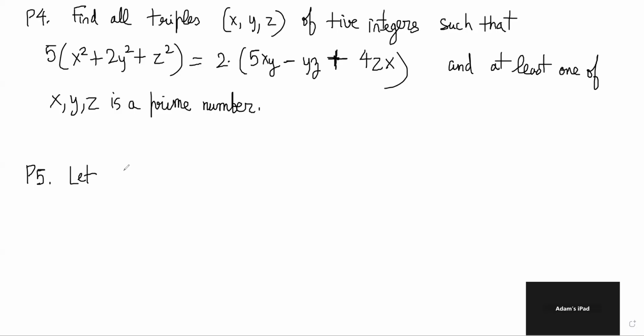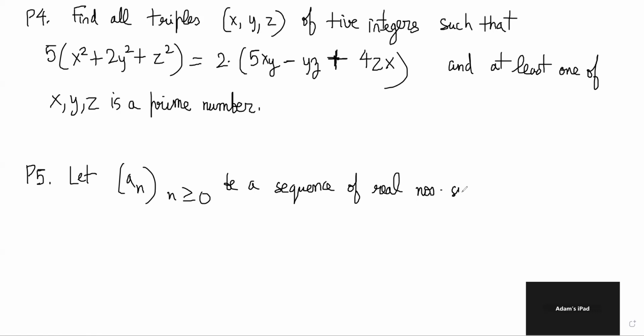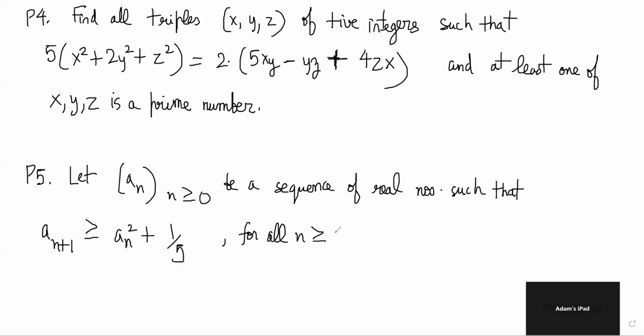Let a_n, where n is greater than or equal to 0, be a sequence of real numbers such that you are given that a_(n+1) is greater than or equal to a_n square plus 1 by 5 for all n greater than or equal to 0, right? You have to prove that